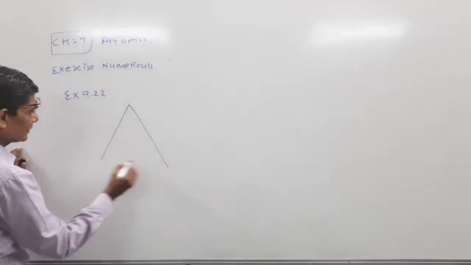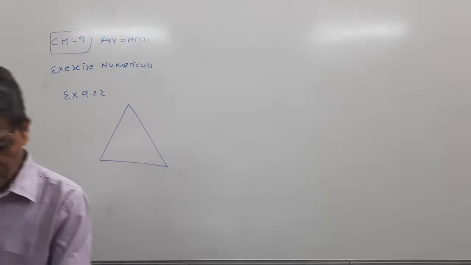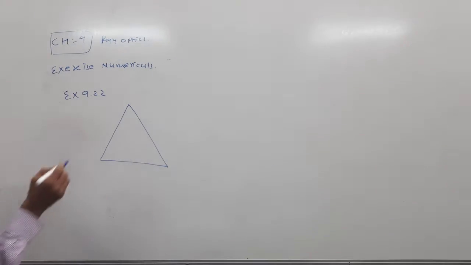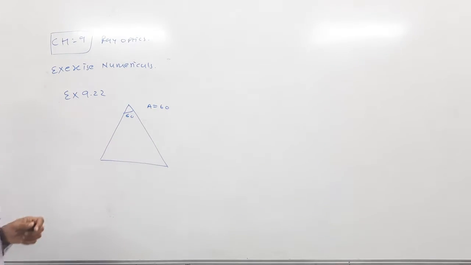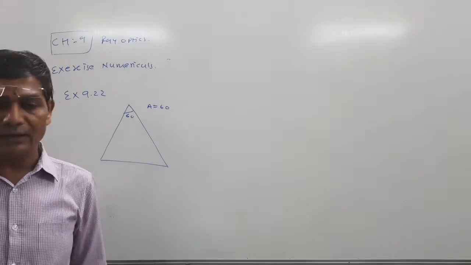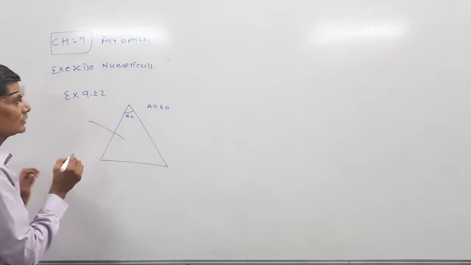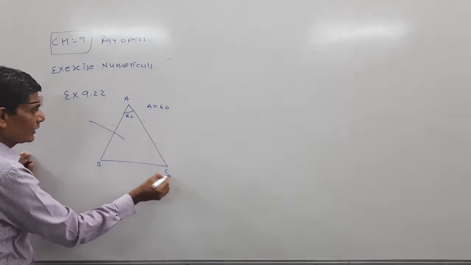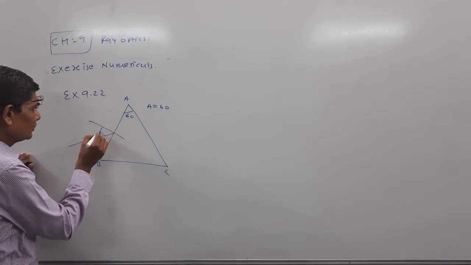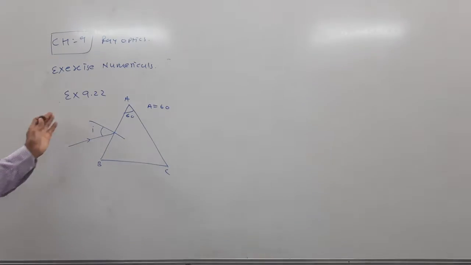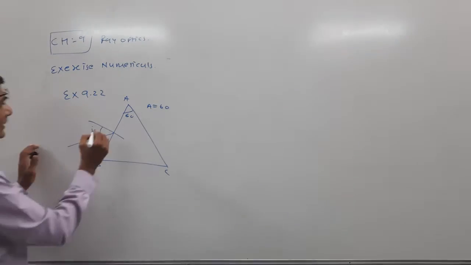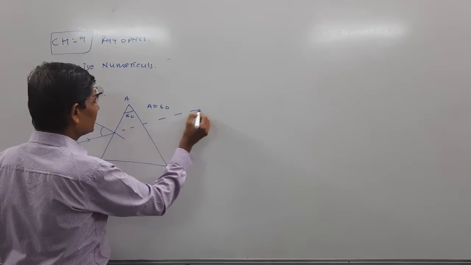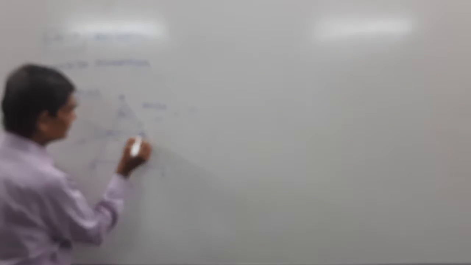Now see, it is related to a prism, with the angle of prism A given as 60 degrees. Our question: this is a normal to the surface, let us say ABC, at what angle should the ray be incident so that after refraction it will undergo total internal reflection? Let us say this will be the original path, and after refraction it will move like this.